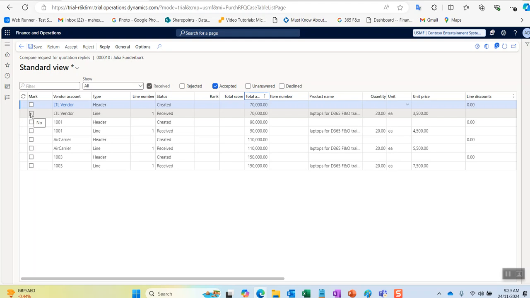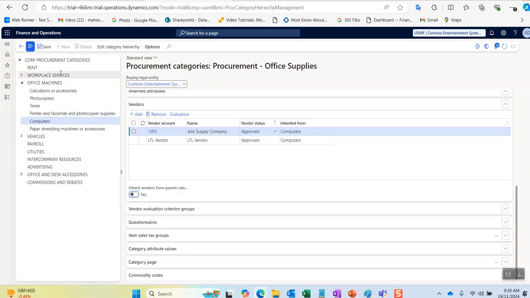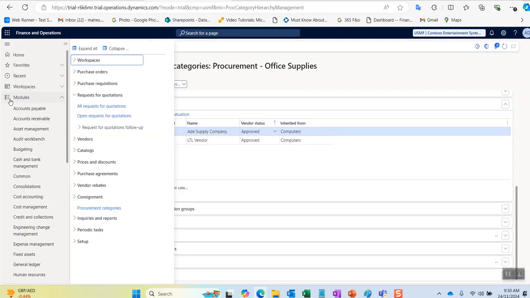Let's imagine I am selecting LTL vendor. You can see on the left side the first column is mark, so you will check the checkbox for that particular mark which you are selecting, and you will click on accept. Before clicking on accept, let me open another tab. Before that I want to showcase one more thing,